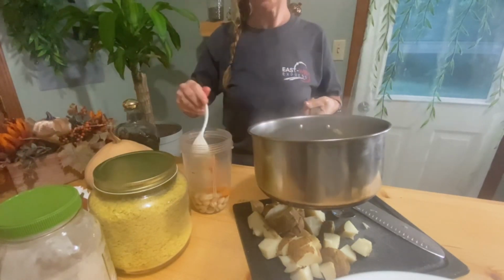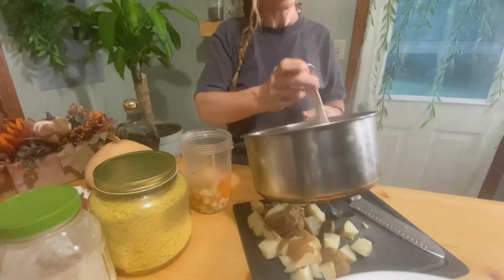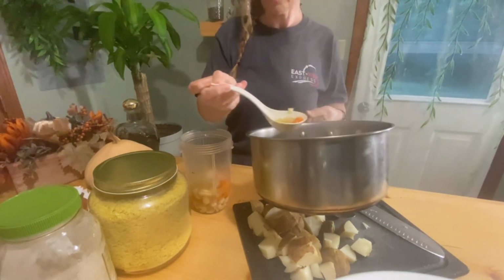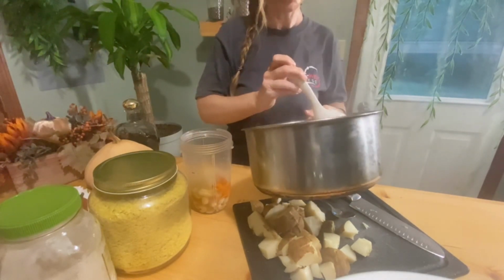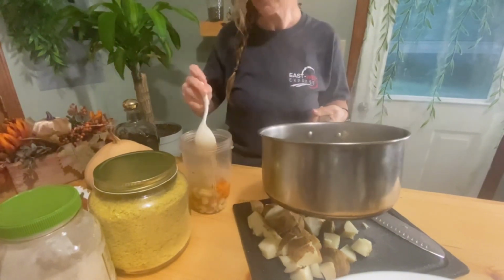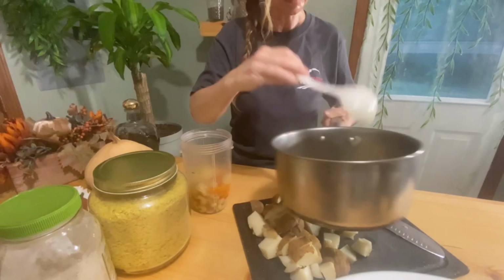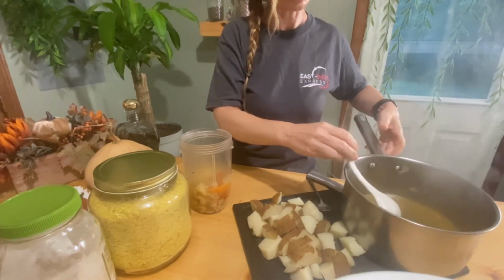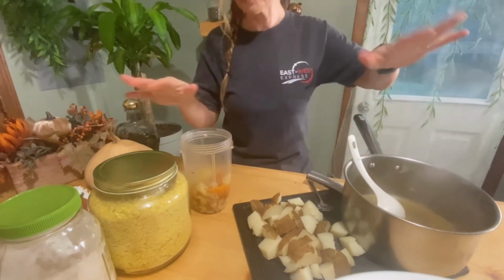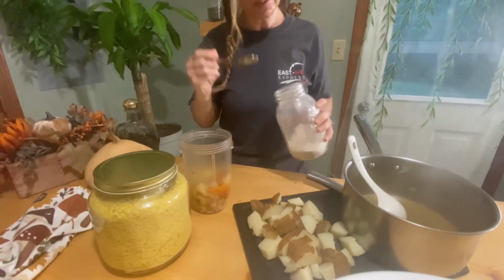And I'm adding that to my blender. And I have in there about a quarter cup of soaked cashews and 1 cup of water. And I boiled the carrot, celery, and onion in about 2 cups of water so that I can have enough liquid for my soup. I'm just going to set that aside while I add some veggie stock powder,